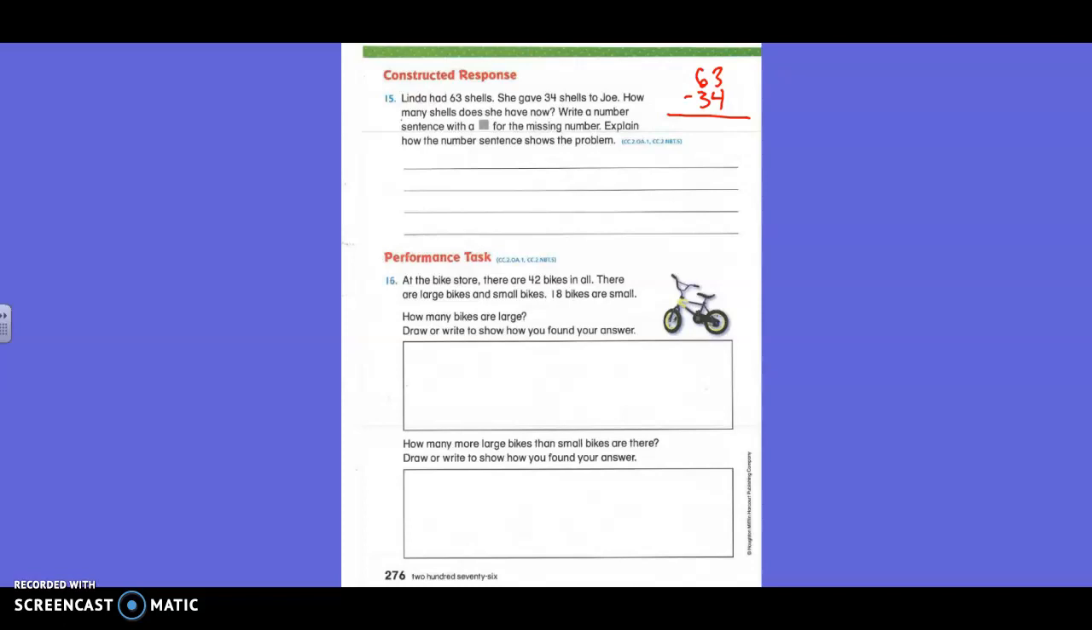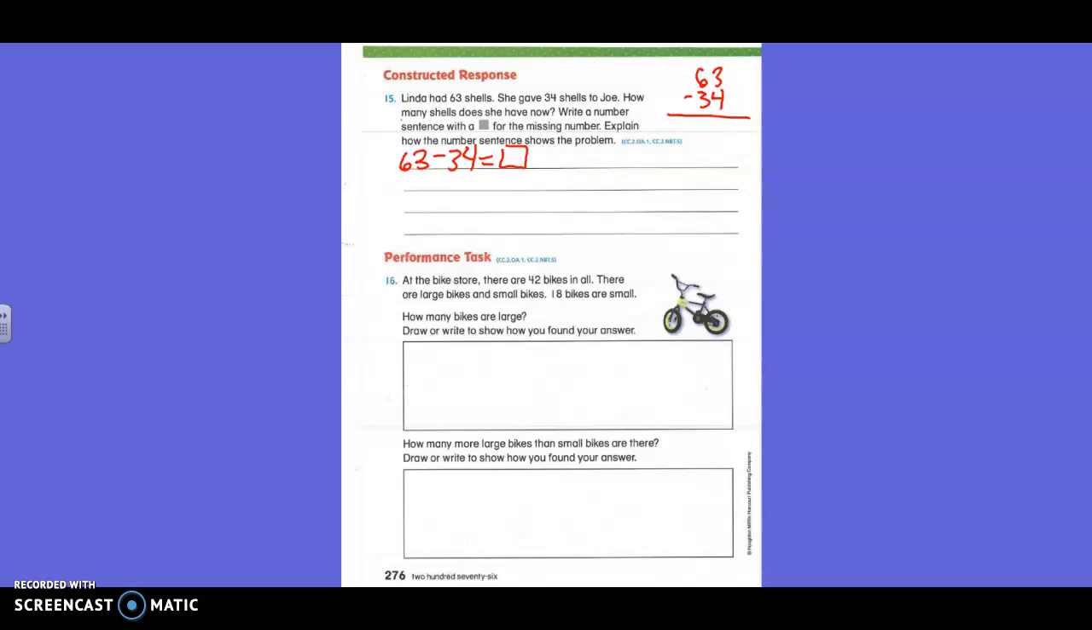Kason? I'm writing the number sentence. What am I going to write? The number sentence is the sentence with the box. 63 minus 34 equals box. Okay. All right. Now,